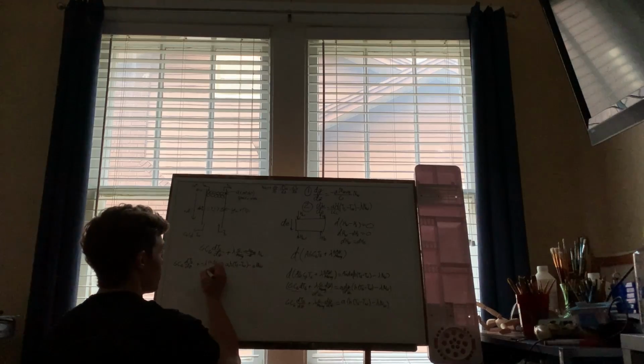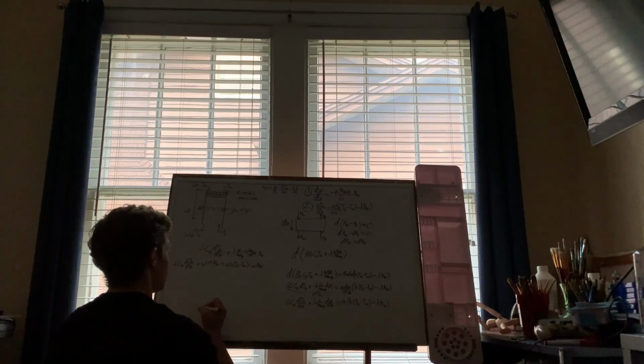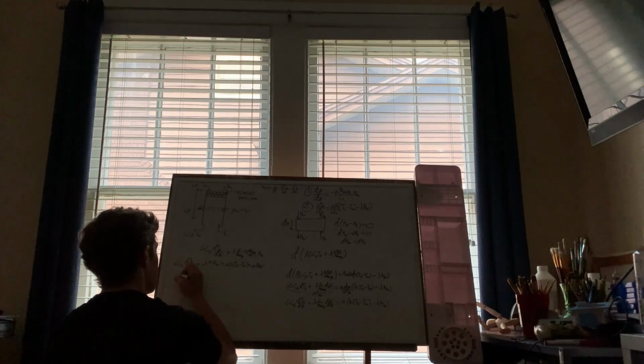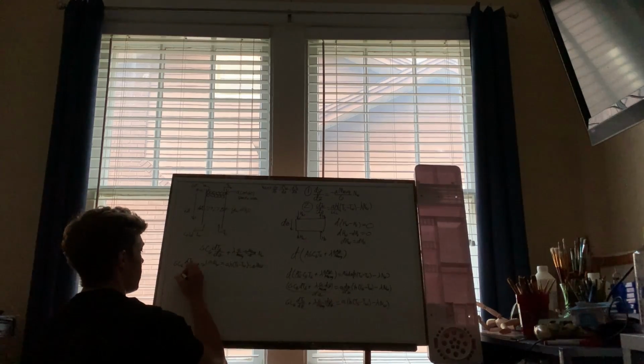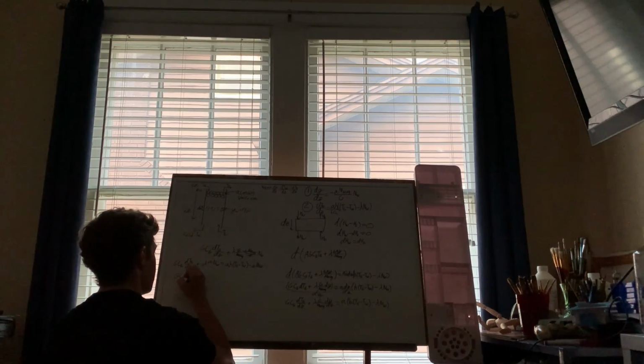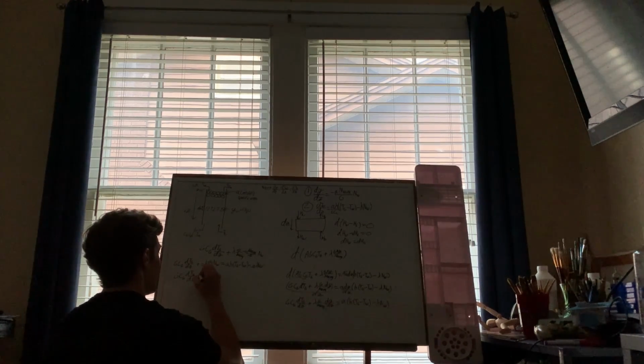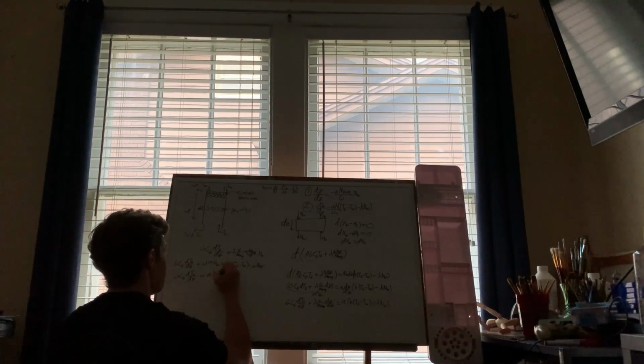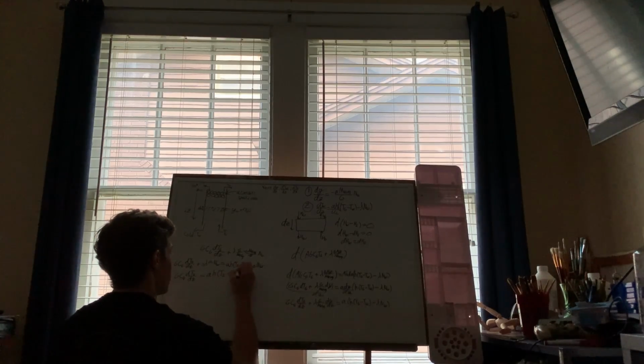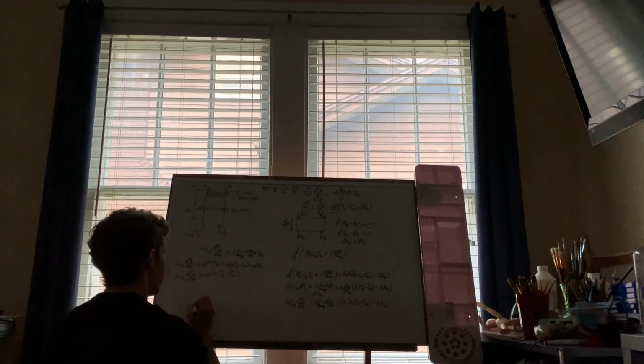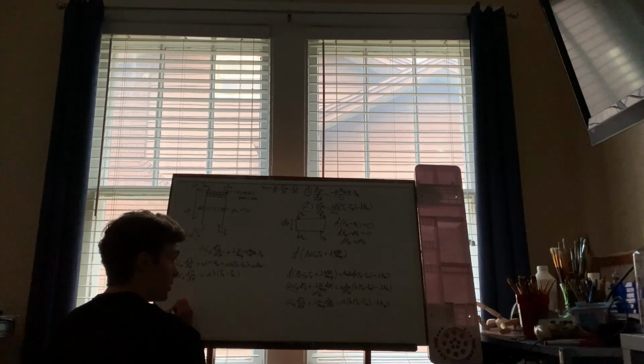And if we add this to the other side, we see that these terms actually cancel, leaving us with our gas flow rate times our heat capacity of our gas multiplied by the change in temperature of our gas times the change in our position equals our specific area times our heat transfer coefficient multiplied by the difference in the temperature of our gas and the temperature of our water. Dividing both sides by our gas flow rate and our heat capacity of our gas,